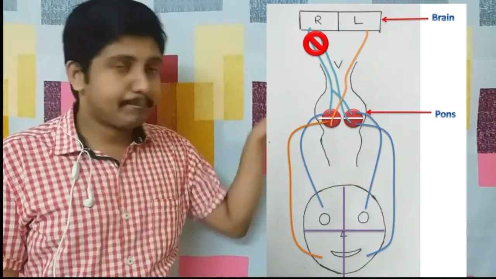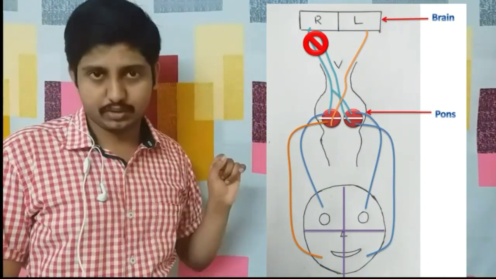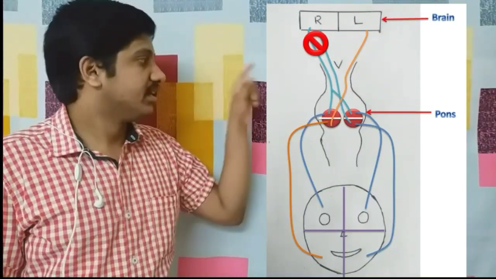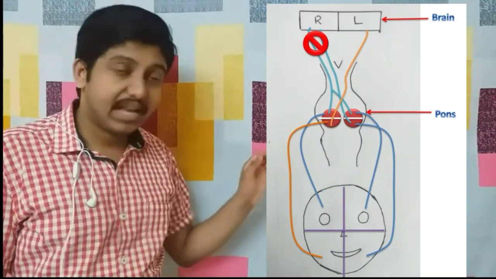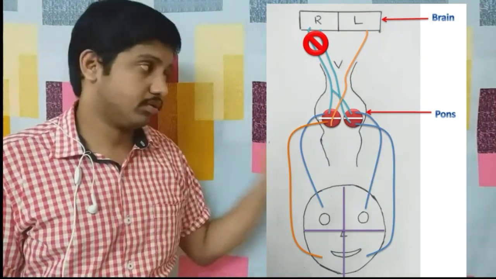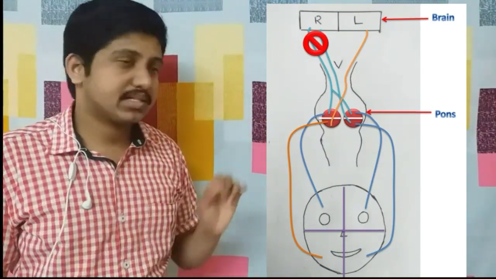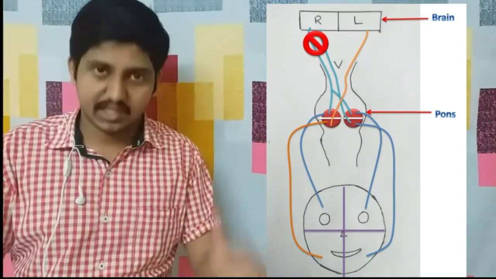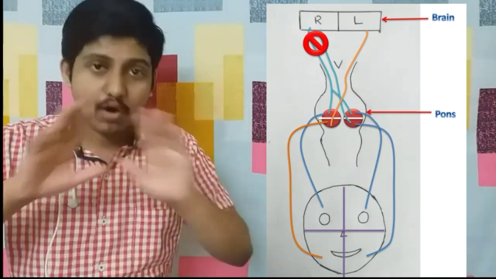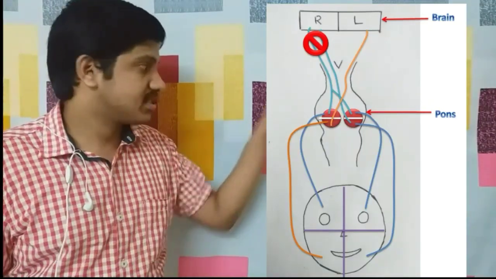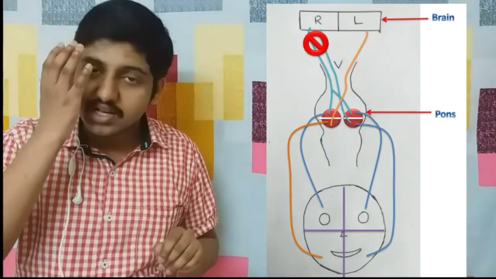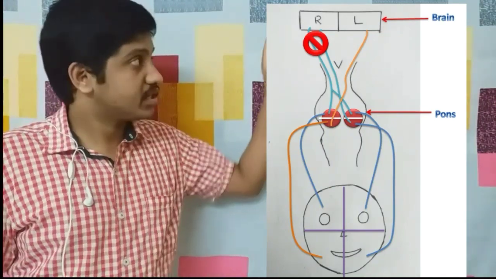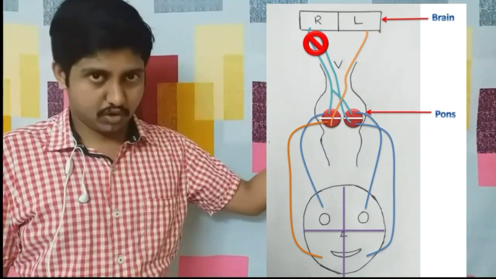We have the upper part of the right motor nucleus and the upper part of the left motor nucleus. They are getting innervation from the left upper motor neuron also. So what happens? The upper part of the face still gets innervation, and hence it is not at all affected. The same is the case for the lower part of the same right side of the face, because it is getting innervation from the left upper motor neuron.